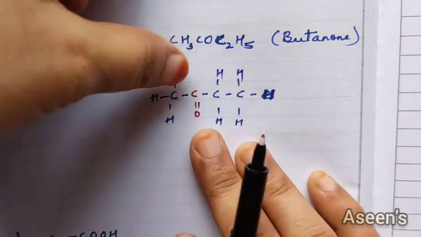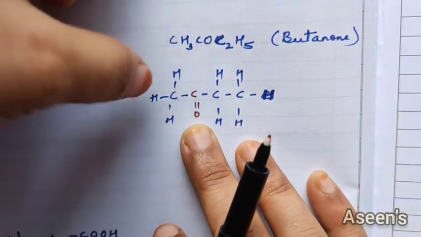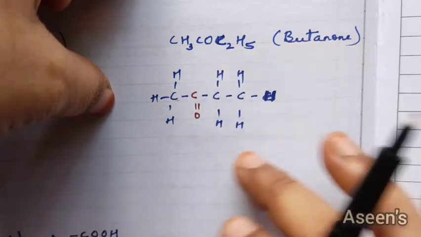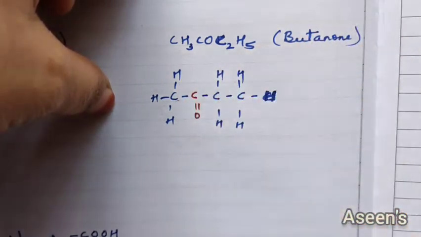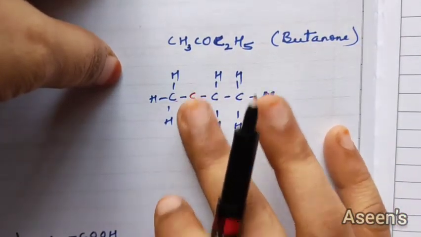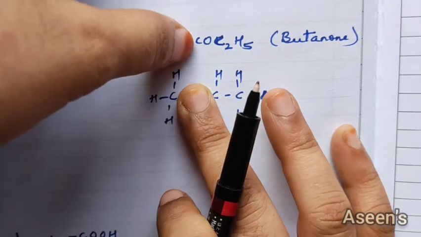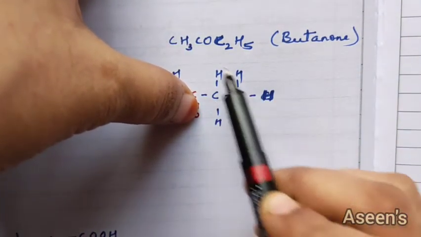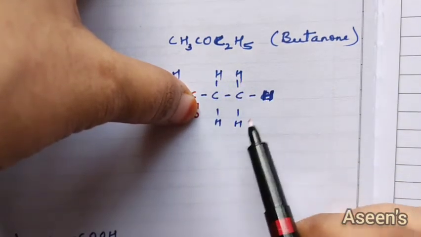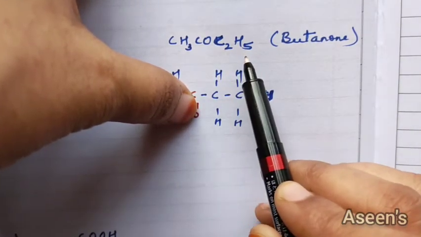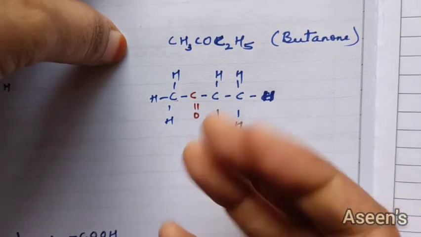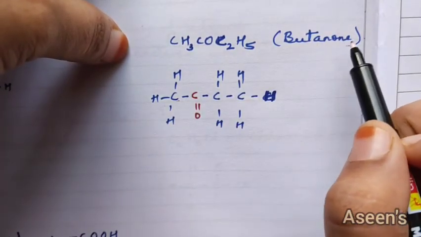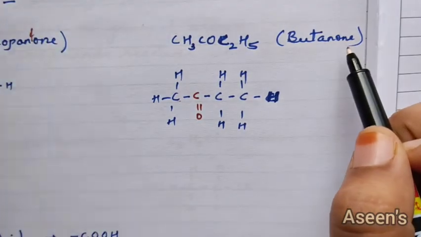Okay, now as usual, this one is converted into double bond O. Rest all, I'm going to put as hands. Okay, I'm going to count the valency and put hydrogens. So now before this, I have got CH3, then comes CO, then I have got 2 carbons. So C2, 1, 2, 3, 4, 5, H5. Okay, so naming goes with the number of carbons. So we have got 4 carbons, hence it is butanone because it is a ketone.